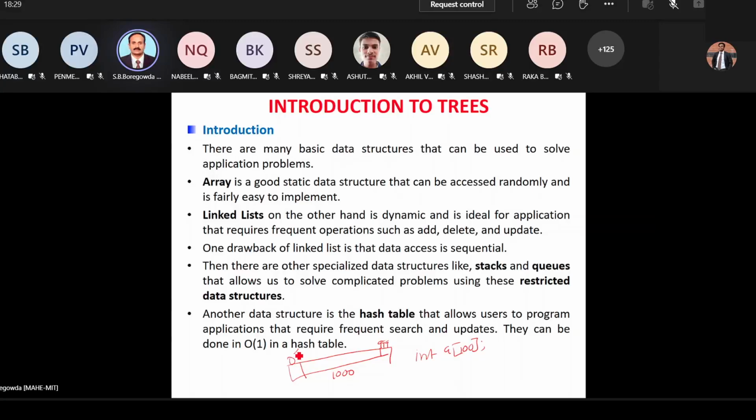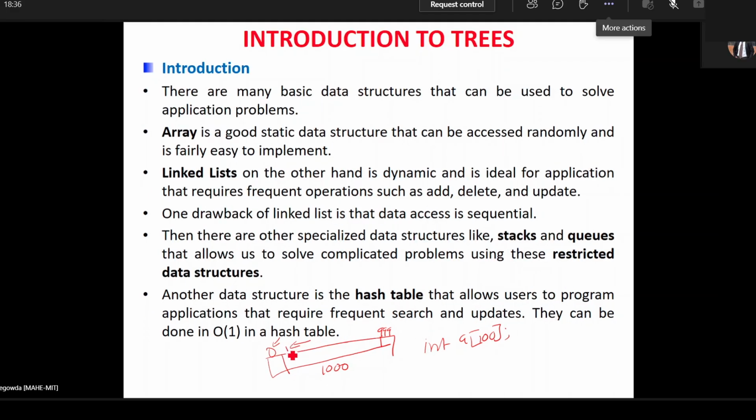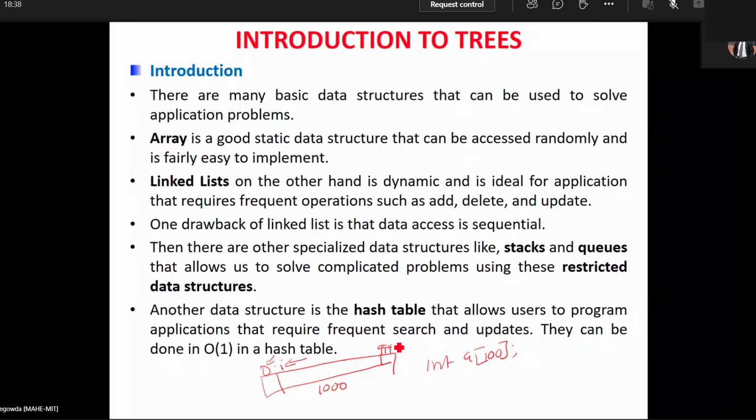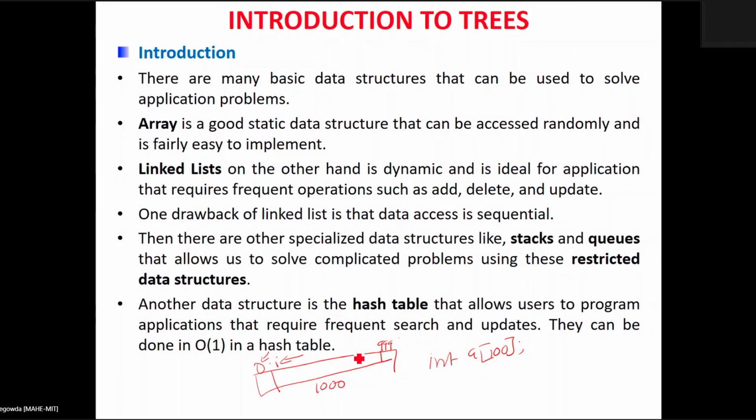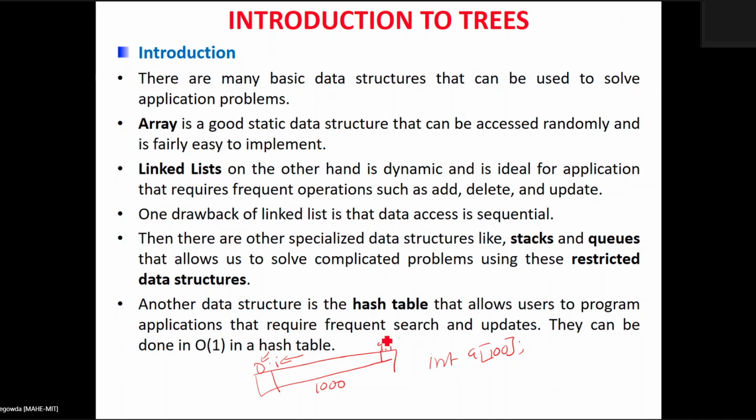First, the zeroth element: what you require is that you need to shift all the elements starting from index value 1 to 999. Okay, so that is a time consuming process. Another disadvantage of arrays is that allocating more memory than the requirement leads to the wastage of memory